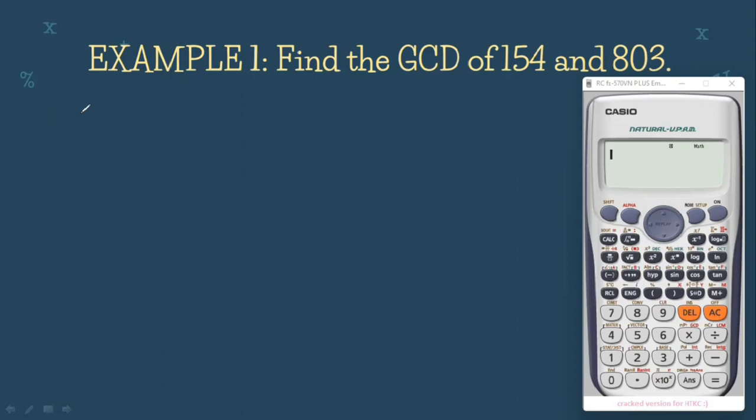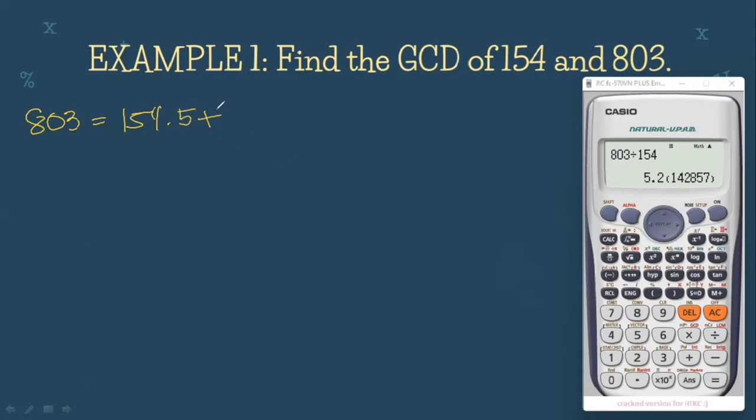Find the GCD of 154 and 803. So first things first, yung pinakamalaki pong number, siya po yung pinaka-leftmost. So we have here 803 is equal to 154 times, so ibig sabihin, i-divide po muna natin itong dalawa. So we have here 803 divided by 154. And that will give us, ang kailangan lang po natin dito is yung whole number. So 5. Ilalagay po natin dito 5